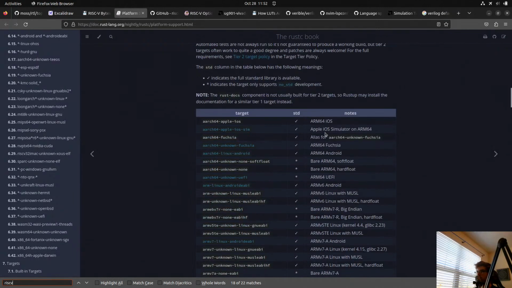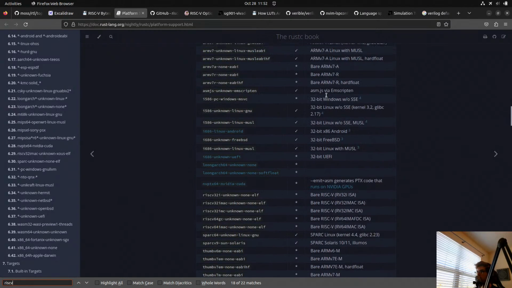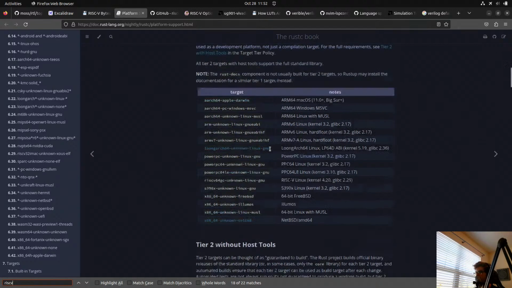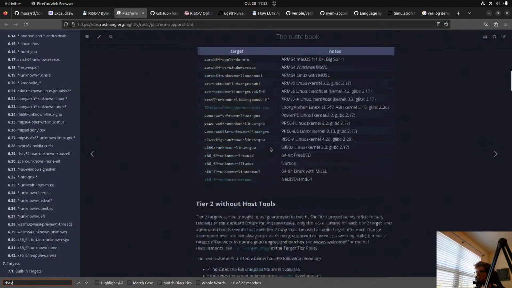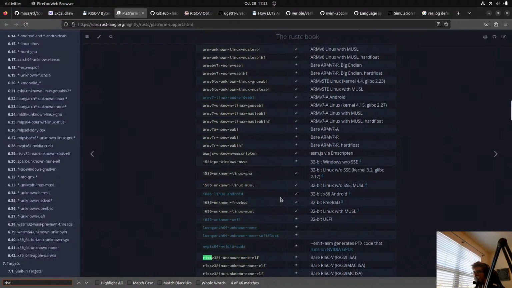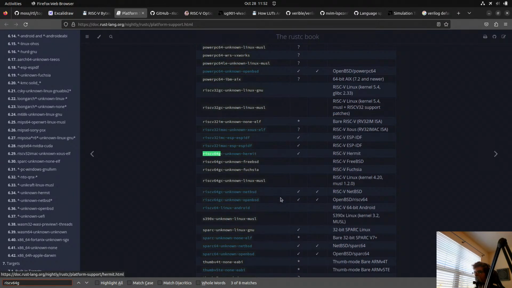In tier 1, we have RV32I. Host tools. Oh, tier 2 without host tools, I see. RISC-V 64. Didn't we see that in tier 3 as well? Oh, that's with musl. Okay.